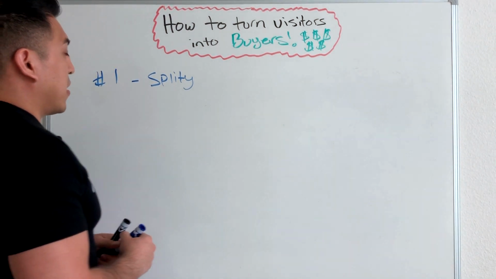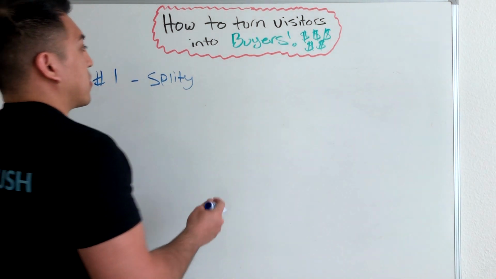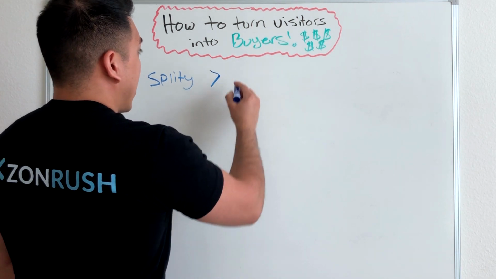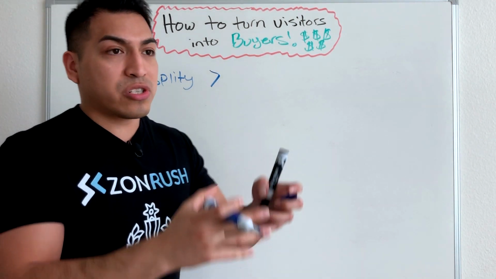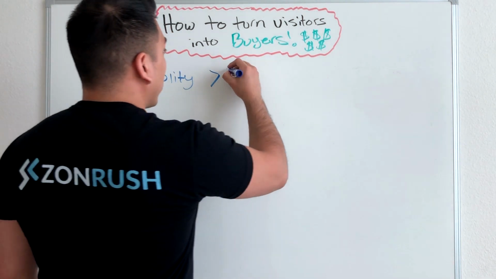So the first one is going to be to use a tool called Splitli, and you're going to want to test a couple things, right? So when you're doing photos, and this is just to position yourself as strongly as possible, have at least two